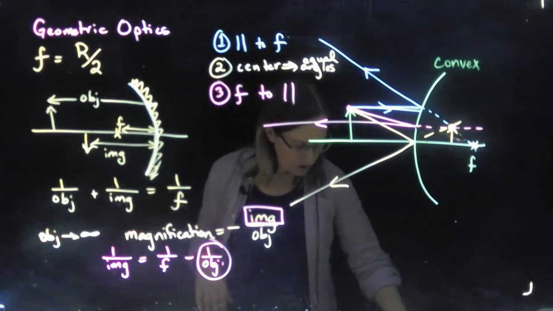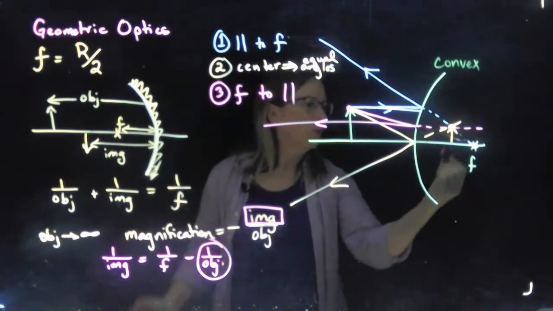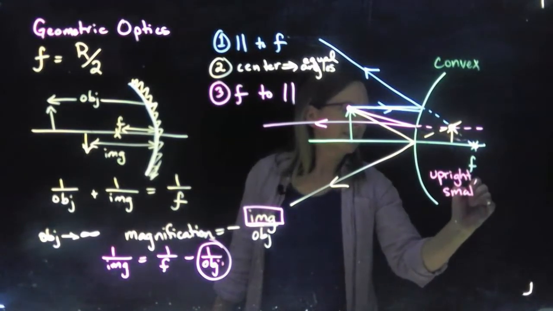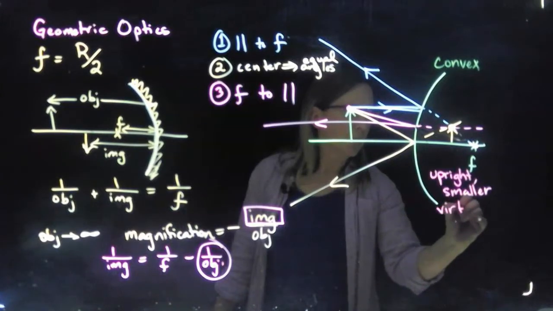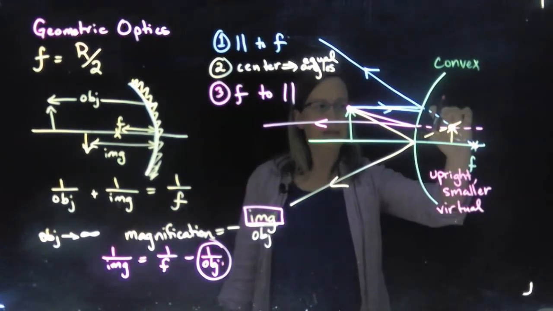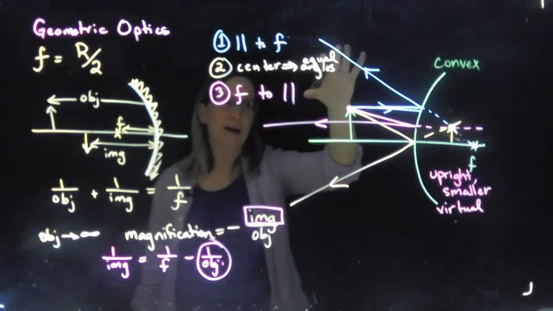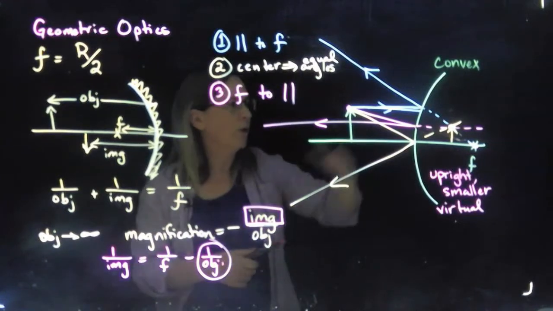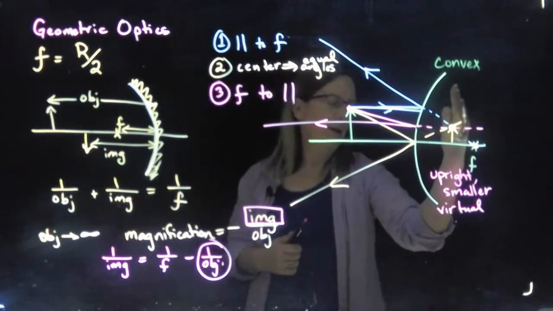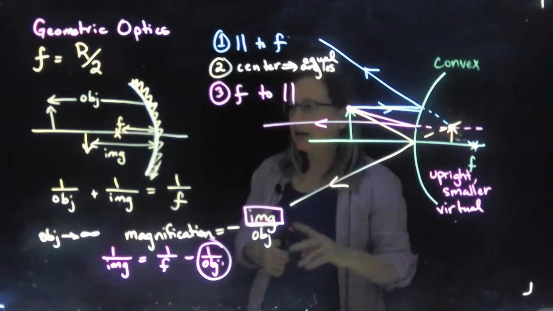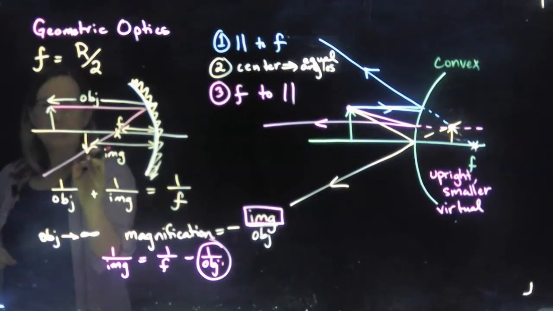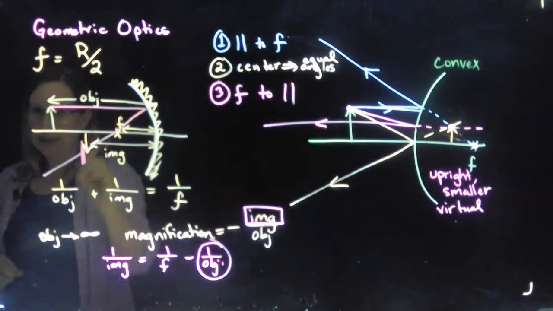Now there's one other thing that we need to know in terms of describing this. So we would describe this as upright, smaller, and then we would call this a virtual image. And it's virtual because of the dotted lines. The light is not actually back here. Your eye sees these lines from over here and says, oh, it must have come from back there. But if we put something back here, like if I put a card or something to catch the light, it's not here. But if I do this, right, my light ray is going like this, the light is actually landing here, okay? And if I put a card right here, I would catch this image,